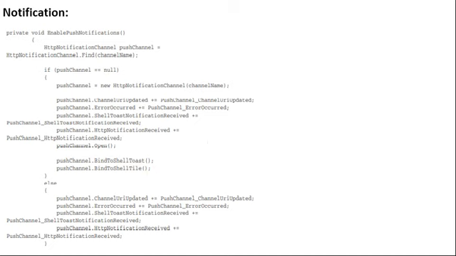So there are three different types of notification. The first one, the simplest one, is called a toast notification. With the toast notification, we can pass a title, then content which is of type string, and a parameter.